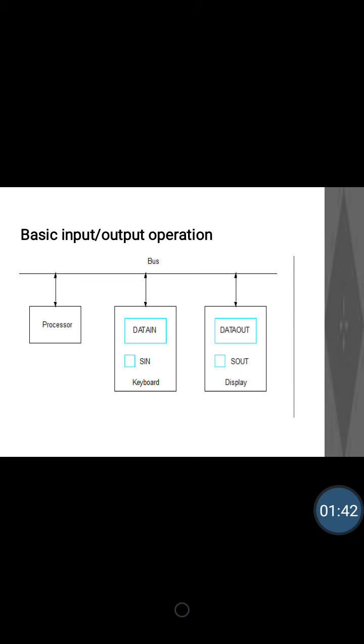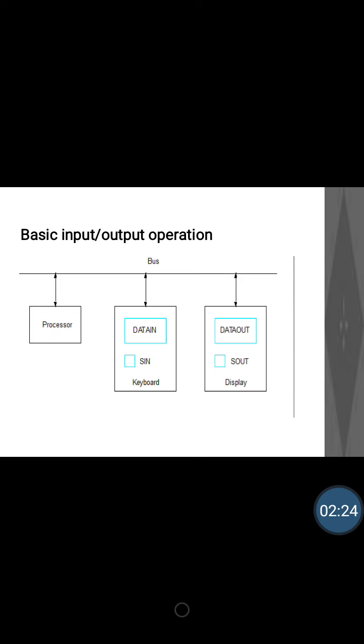Are the keyboard speed, display speed, and the processor or memory speed the same? What do you think? The speed of the keyboard depends on the rate at which the user types the keys. One person may type very slowly, another faster. The rate at which the keys are pressed decides the speed of the keyboard. So it may be a few characters per second. At the maximum I can type only a few characters per second.